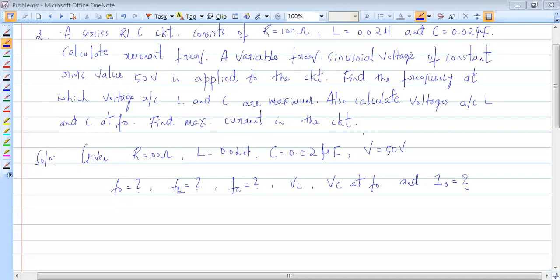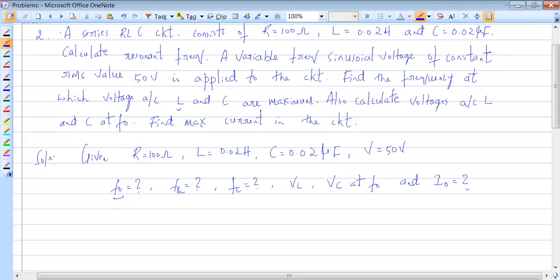Everybody see this problem, which we already have taken in the last class, but we had not solved. The series RLC circuit consists of the resistor R, the inductor L, and the capacitor C. They are given to be 100 ohms, 0.02 henries, 0.02 microfarads, and the applied voltage is 50 volts. They have asked us to find out the resonant frequency, that is F naught,